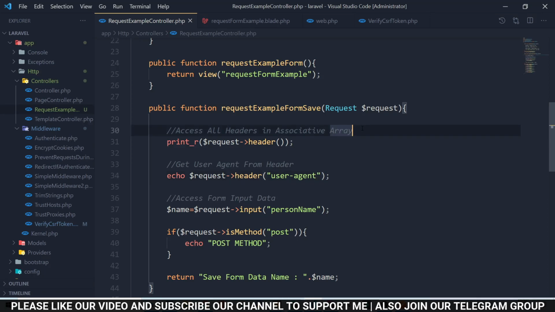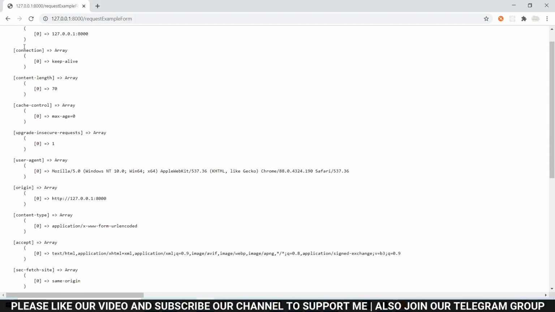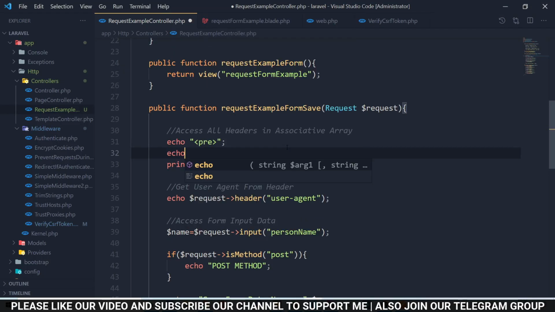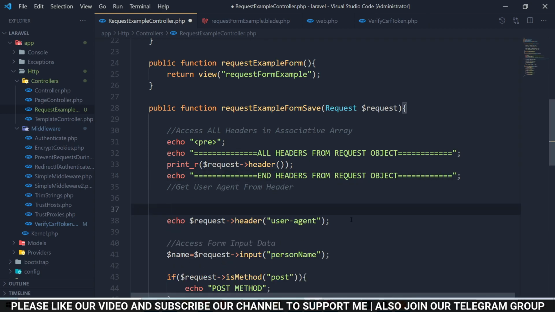And you can also do one more thing here, adding a code. So adding pre. Now you can see host which contains everything, and you can get your user agent here. So first here, get all headers from the request object, and again printing.